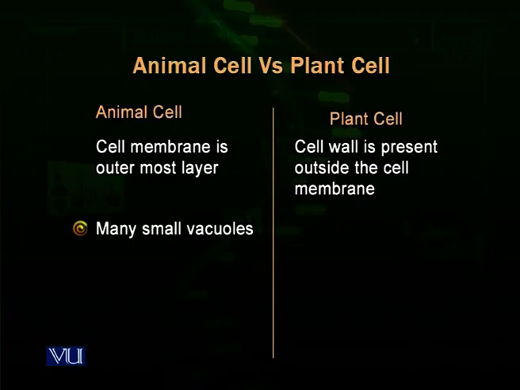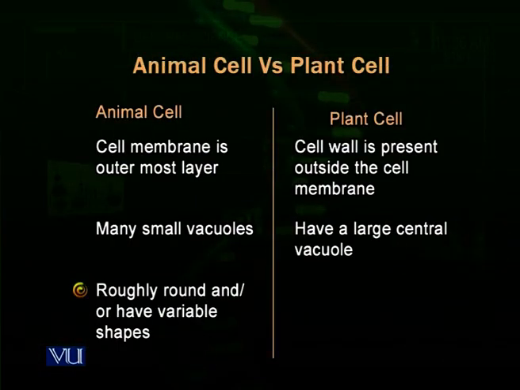In animal cells there are many vacuoles, food vacuoles, vacuoles for storage or other functions. In plant cells, however, particularly mature plant cells, they do have a single very large vacuole that covers almost all the volume of the cell. This large vacuole is generated or developed by merging of smaller vacuoles which were present in